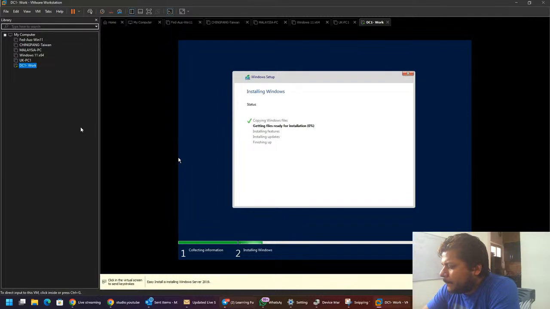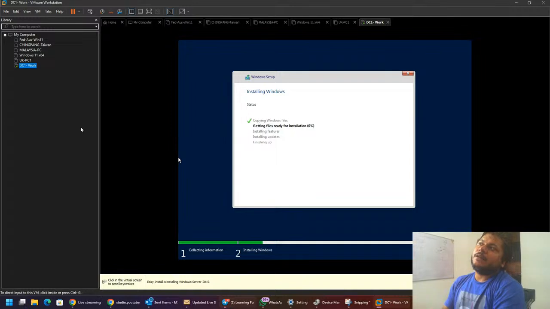Now, while this is ongoing, I just want to give you a brief history about Windows servers. Windows servers were introduced in the year 2000. Then we had Server 2003, then 2008. 2003 came with an R2, as in a release 2. What are releases? Releases are nothing but the versions of Windows Server. Any new enhancement, product updates, or features that have changed in different versions of Windows servers come through a release or a cumulative update. So we had 2003, 2003 R2, then 2008, then 2008 R2. Similarly, we had 2012, and then 2012 R2.